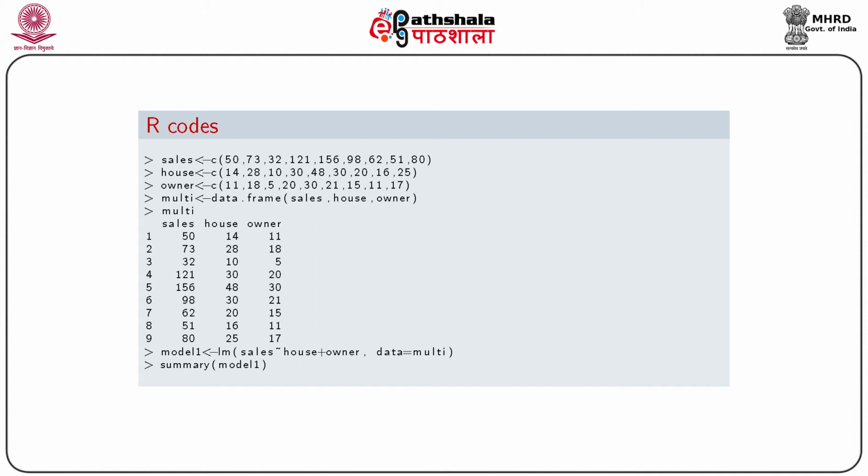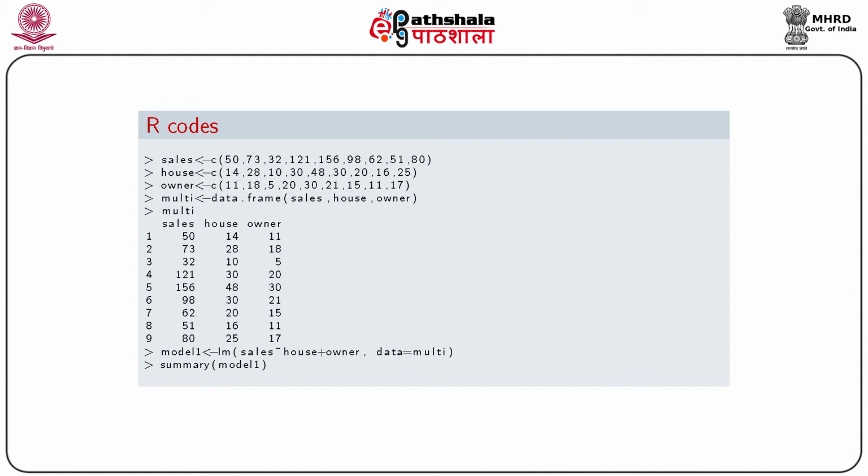So here on the next slide, this is a tabulated form of the data that was collected from the 9 districts, and now we have used R to fit the multiple linear regression using x1, number of households, and x2, owner occupied households, as the independent variables, and y, the sales of satellite antennas, as the dependent variable. So the following is the R code.